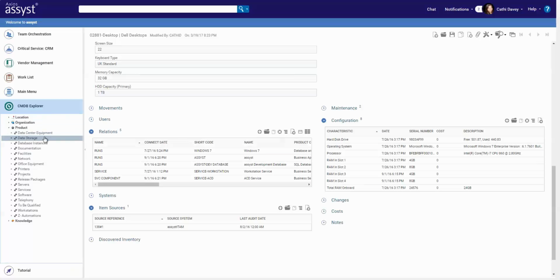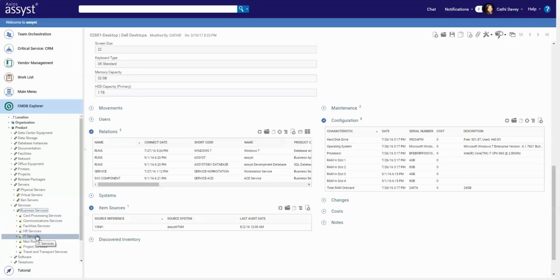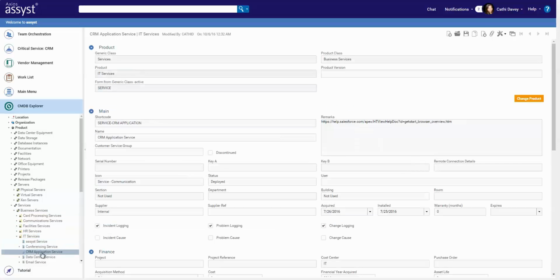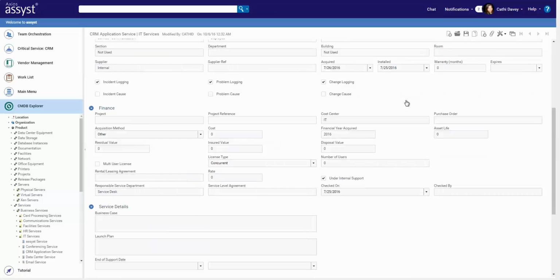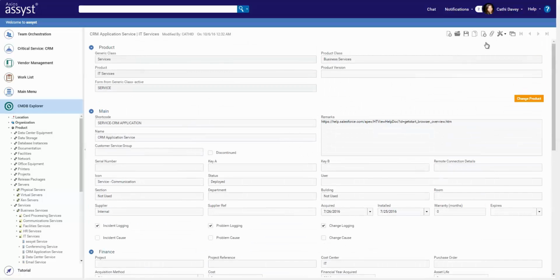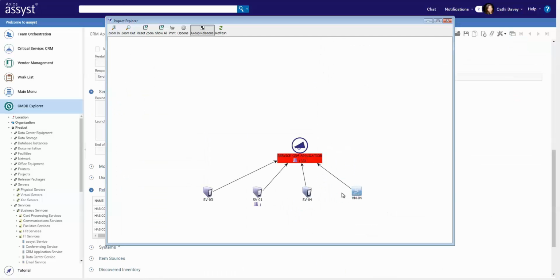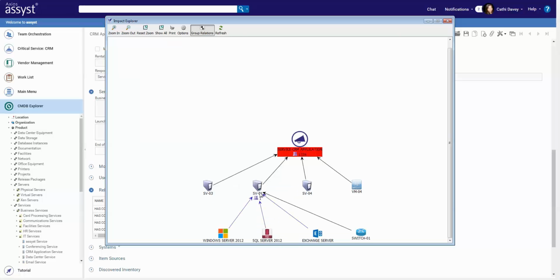Now going back to the CMDB Explorer, we'll see how we can manage whatever type of asset you'd like. So we have people managing facility type things, cars, planes, trains, even trees. More IT info like network information, or here are service assets. We'll open up the CRM application service and see that it's linked to our service form. Also notice the ITSM checkboxes so we can start to leverage these in the different process areas. Again, financial information that you want to track and key service type attributes such as end of life or supported by information. If we look at this again in our Impact Explorer, it's much clearer now that this is a